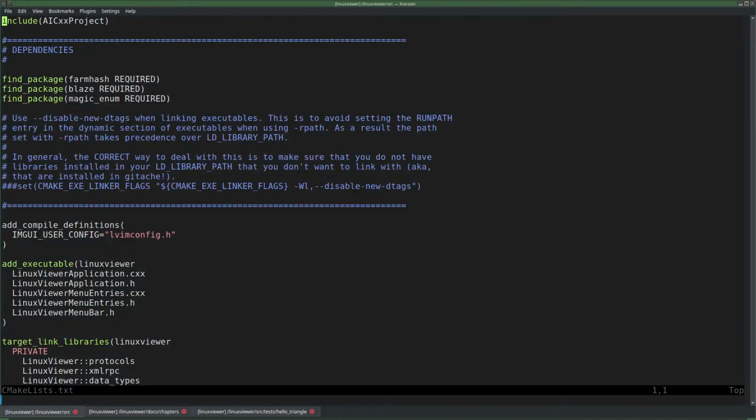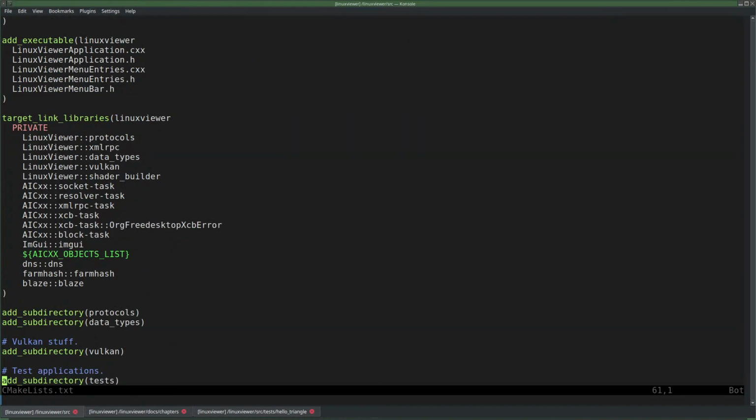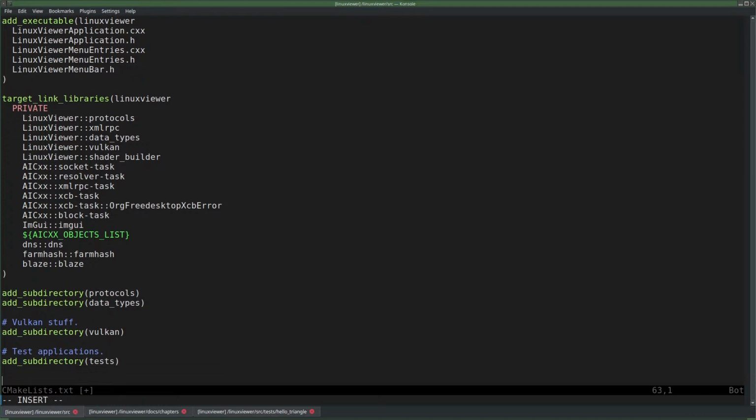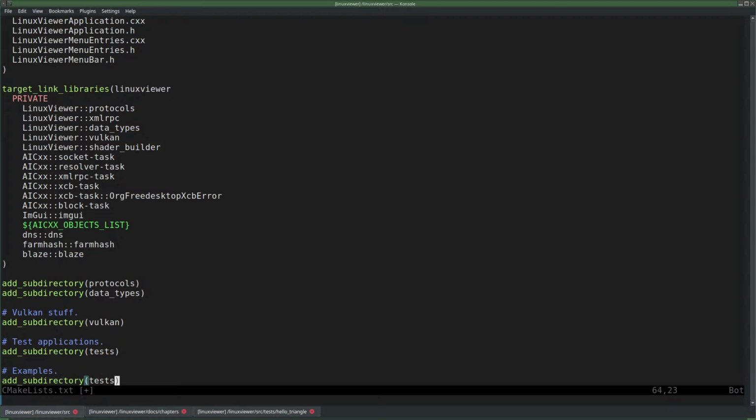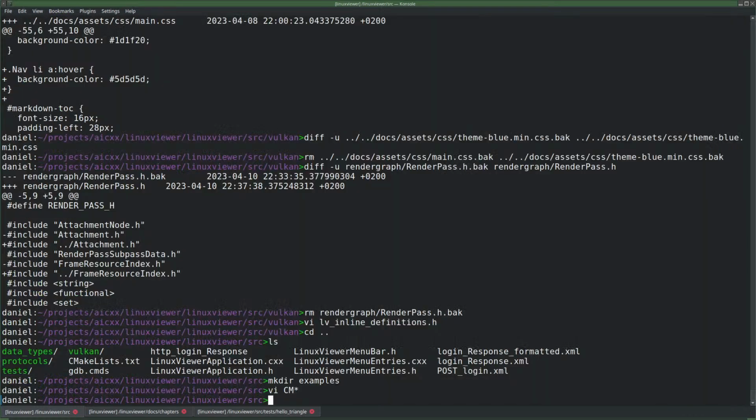Yeah, so let me get here. A new directory. And I'm going to bluntly copy the CMake file from tests to examples.